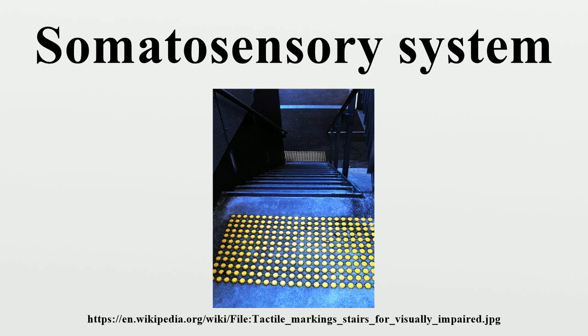Spinal cord. In the spinal cord, the somatosensory system includes ascending pathways from the body to the brain. One major target is the postcentral gyrus in the cerebral cortex. This is the target for neurons of the dorsal column medial lemniscus pathway and the ventral spinothalamic pathway. Note that many ascending somatosensory pathways include synapses in either the thalamus or the reticular formation before they reach the